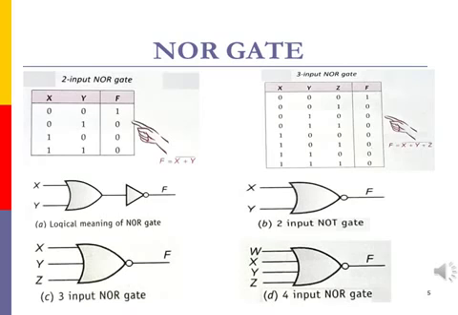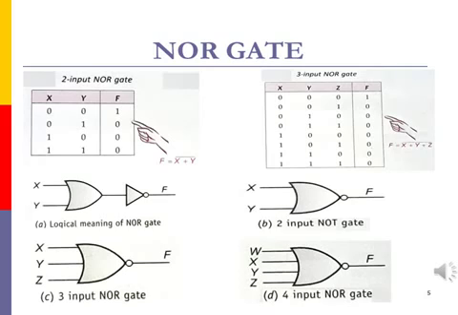The truth table is given for the NOR action. For a 2 input NOR gate, if all the inputs are low, you will get the result as 1. Otherwise the result will be 0. The logical meaning of the NOR gate is given in picture A, which represents first doing x plus y with the help of an OR gate, then applying the inverter symbol so that you get x plus y the whole bar. The same circuit diagram can be represented in a different way, with the OR gate with the bubble symbol, which represents the same functionality as picture A.